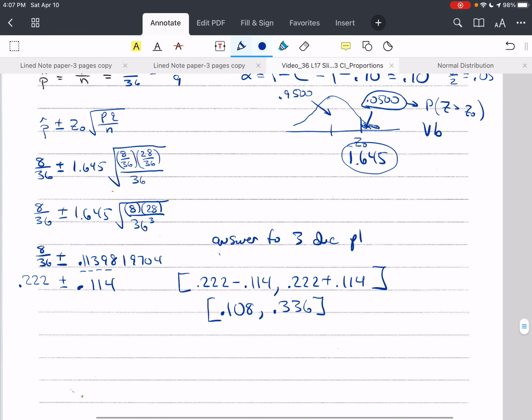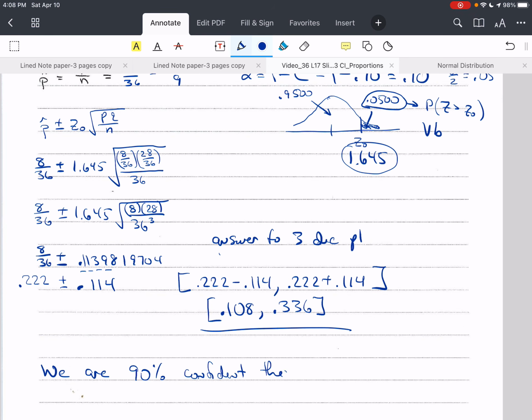And every time you calculate a confidence interval in this class, you need to interpret it. That is what statistics is about. It's not about finding this number. That's just math. Statistics is explaining it. Okay? So we are, not can be. It's not that we can be, we are. So please don't say anything else. We are 90% confident